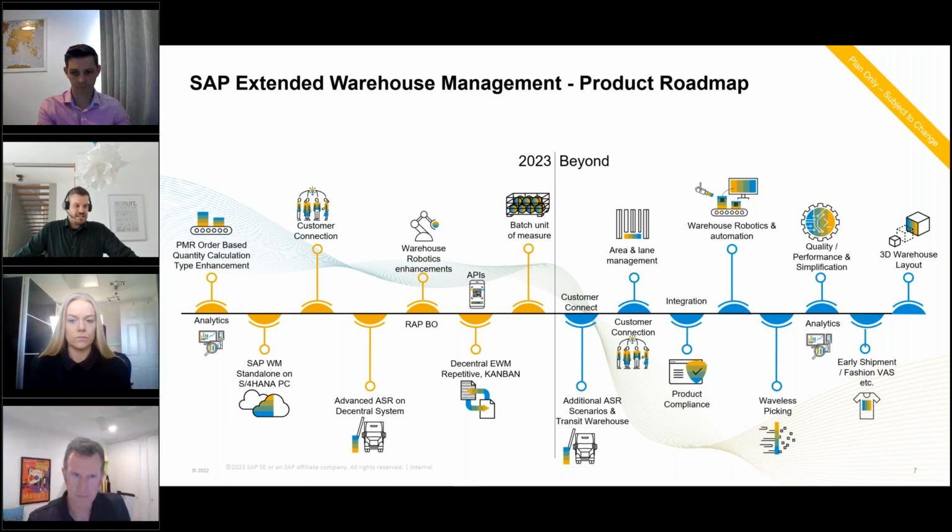I think something I would like to highlight here is the second topic on the lower part here, which is the SAP EWM standalone on S/4HANA public cloud. So you know that we have our private cloud edition / on-premise, and we have our public cloud offering. For the public cloud offering, we only had the embedded WM capabilities. And we are aiming by 2023, or the cloud release would be then 2308, that we have a standalone public